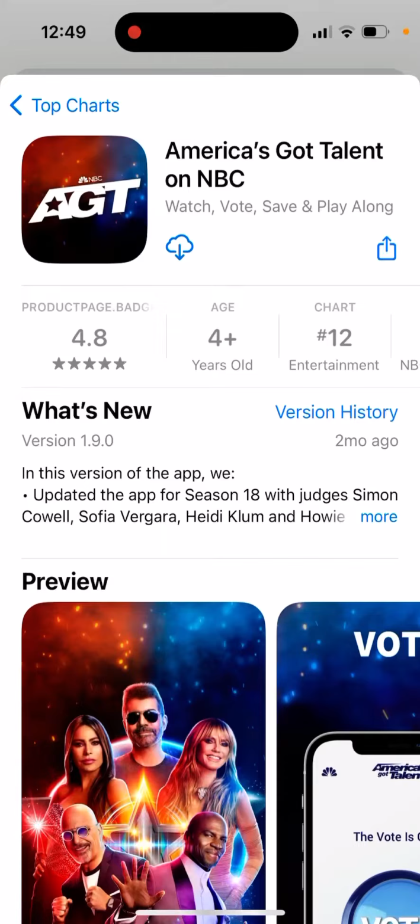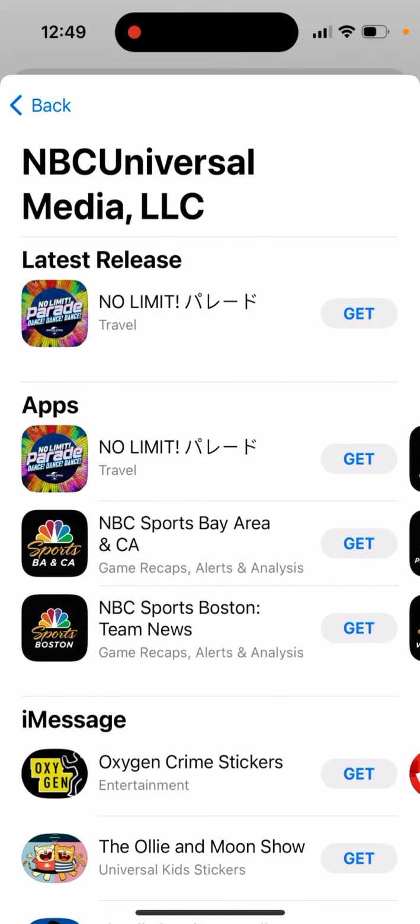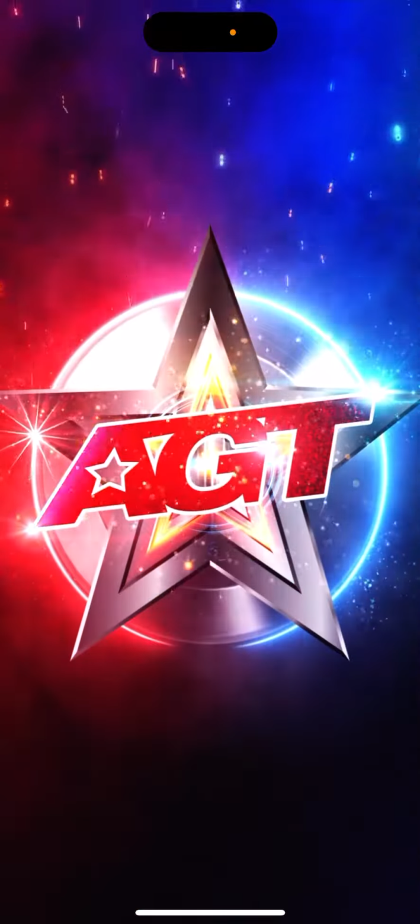How to install the AGT voting app for America's Got Talent. So here is the official America's Got Talent on NBC app. You can just download it. Make sure it's from NBC Universal Developer. And then you can just open it up, and then during the show,